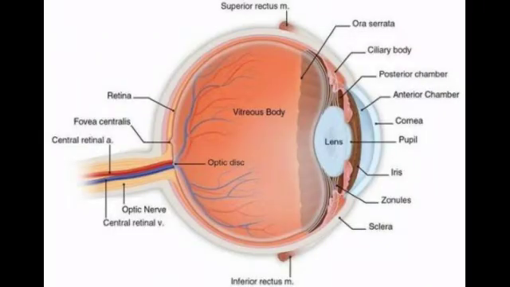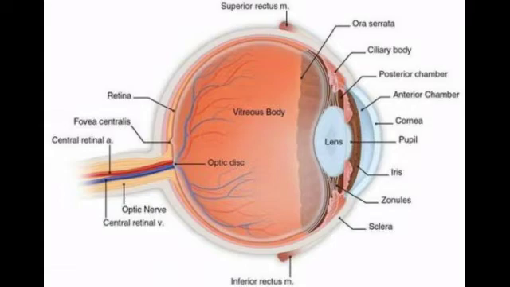Now, shall we learn about our eye? The human eyes are most valuable and sensitive organs responsible for vision. They are the gateway to the wonderful world. Structure of the eye. The eyeball is approximately spherical in shape with a diameter of about 2.3 cm. It consists of a tough membrane called sclera, which protects the internal parts of the eye.